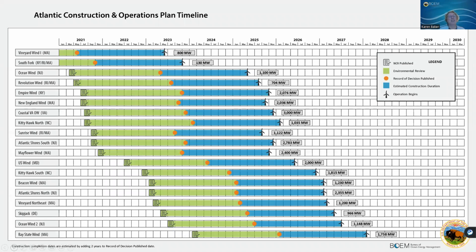This gives you an understanding of the construction and operation plan timeline on the Atlantic, which is really the most robust and the most mature in terms of the portfolios that we have of leases at this point in time. What I think is key to note is that we believe with these leases, if they all move forward as planned, and of course, the developers will make business decisions. Some of them, again, we're moving through the permitting process. By the NEPA process, we can't preclude certain outcomes, but